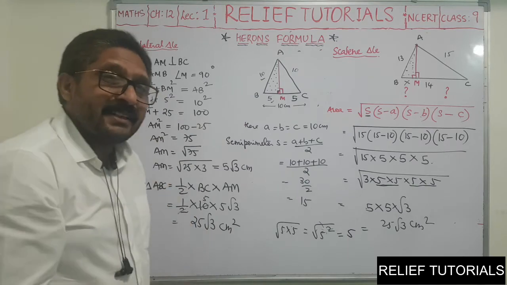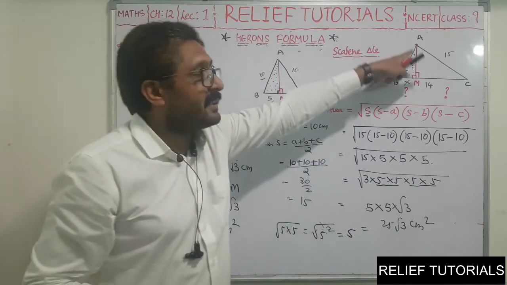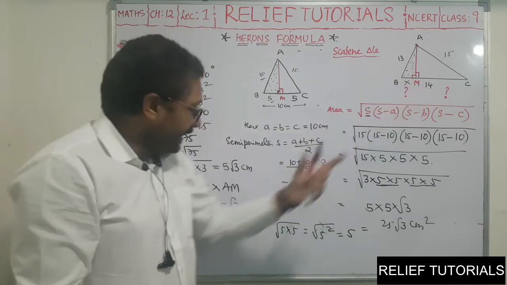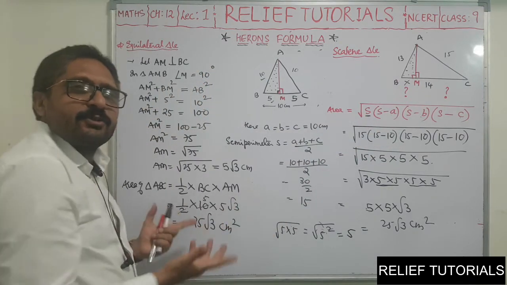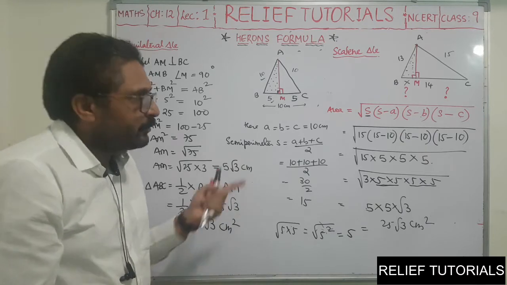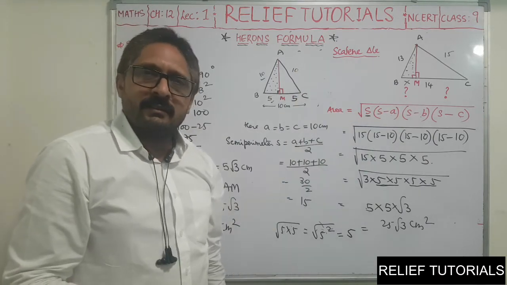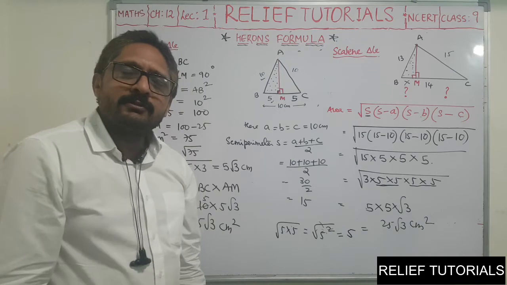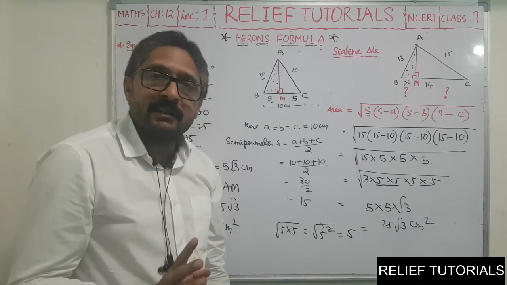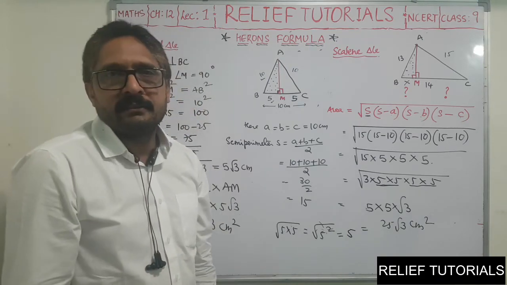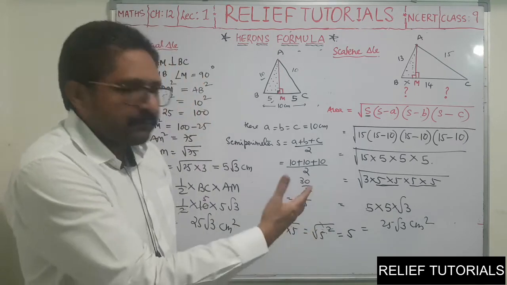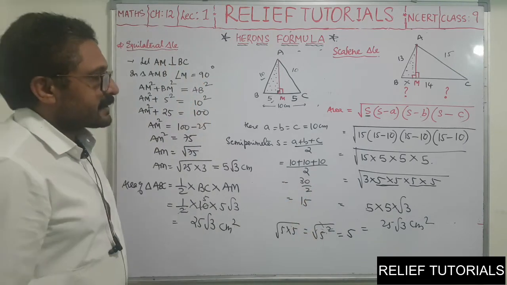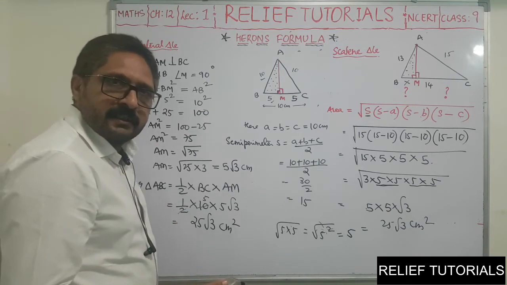But if it is scalene triangle, it is difficult to find altitude. So we can't find the area by using this formula, half into base into altitude. So there is no other alternative left. You have to use Heron's. So Heron's formula can be used when measures of three sides are given and altitude is not given. That is the moral of the story. Clear? Okay, we will try few problems of your exercise. I hope you understood this. Clear?